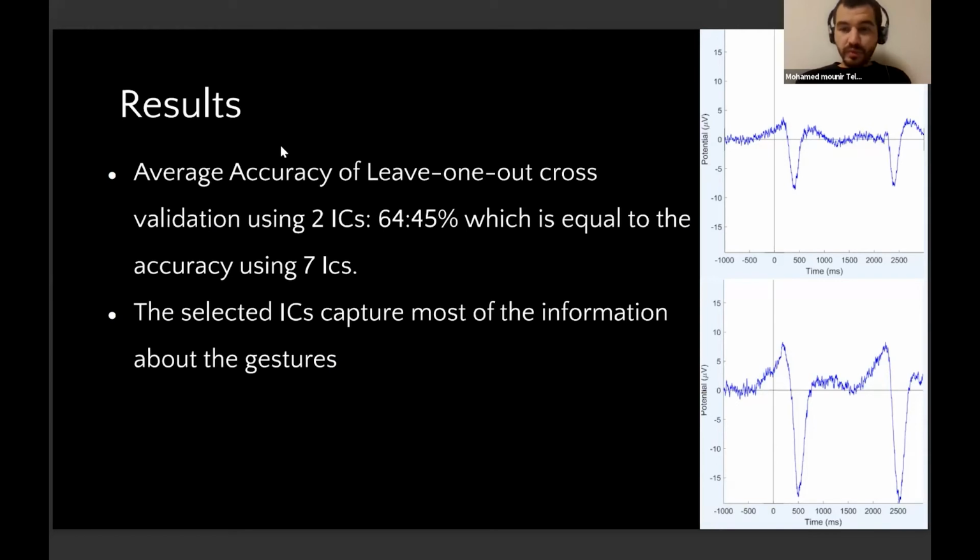When we used the 2 ICs only, we got a classification accuracy of 64.45%. And when we used the 7, we got the same thing, which means that the 2 prominent ICs capture most of the information about the hand gestures, which is really good. We can really reduce the load on real-time devices, because with only 2 streams of independent components, we can get reliable